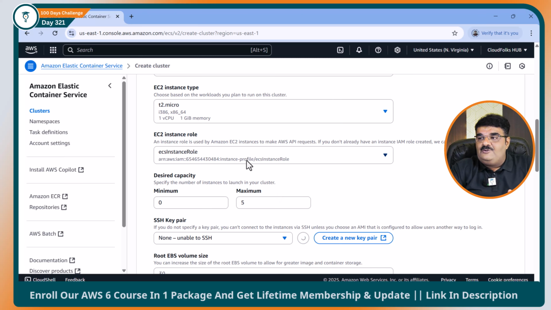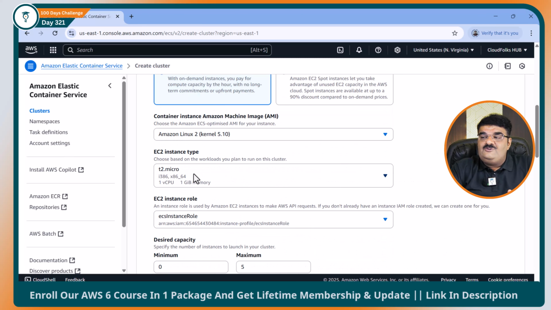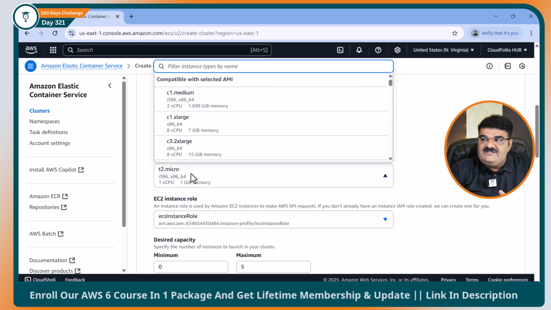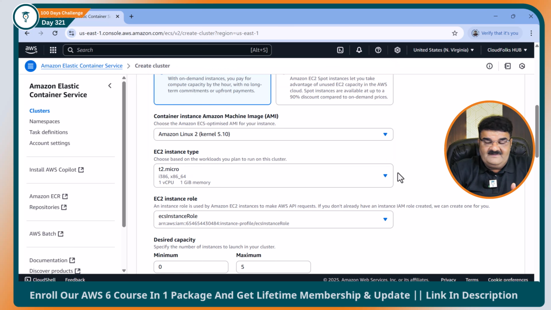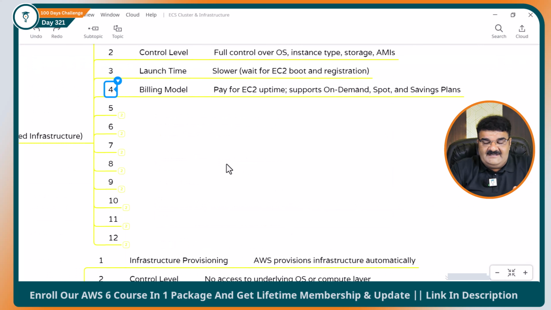Here, if I want to create EC2, I can choose my instance type. And as you know, you have to pay for the type of instance you choose, and the configuration is based on the instance type, right? So you are paying for the instances that you have created. Here,